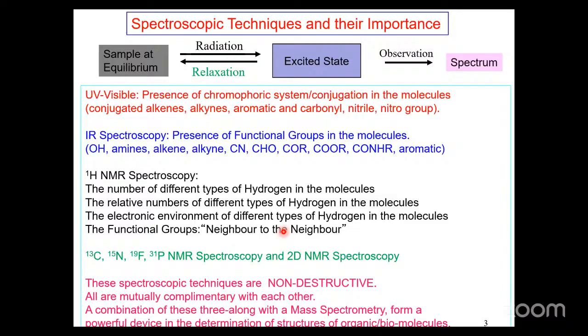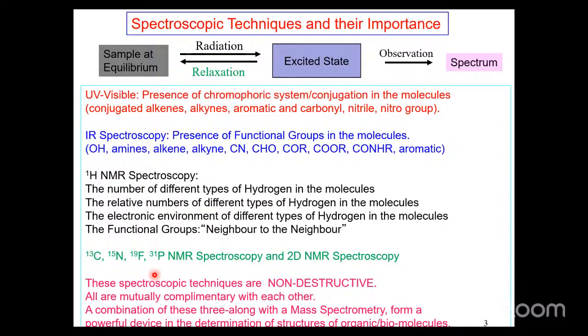So not only the hydrogen we can scan with the NMR, we can scan 13C, nitrogen 15, fluorine 19, 31 phosphorus nuclei from the NMR. Subsequently, we can utilize the NMR for the 2D technique. So if you take all these techniques, including UV, visible, IR, and H1 NMR, C13 NMR, as well as 2D,